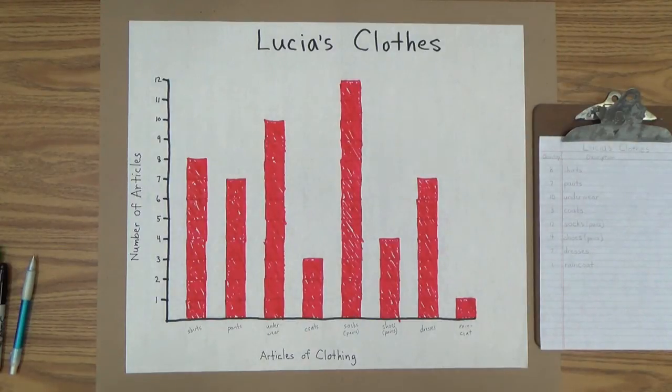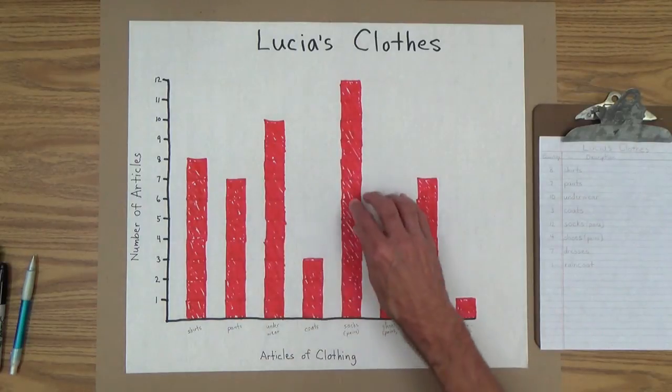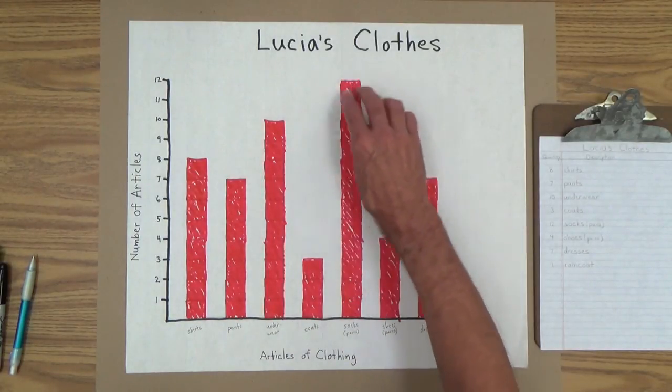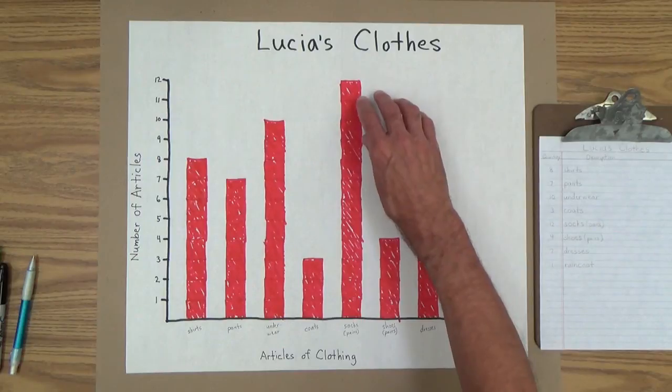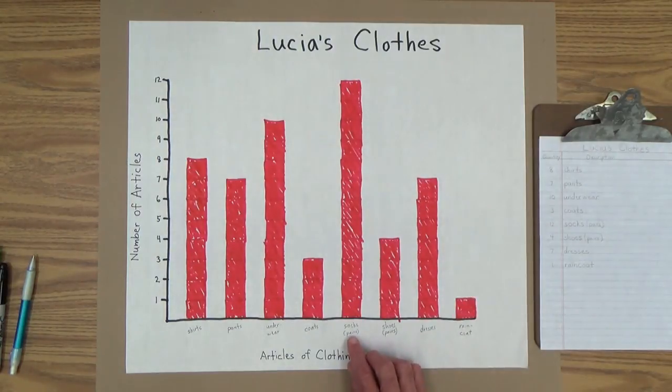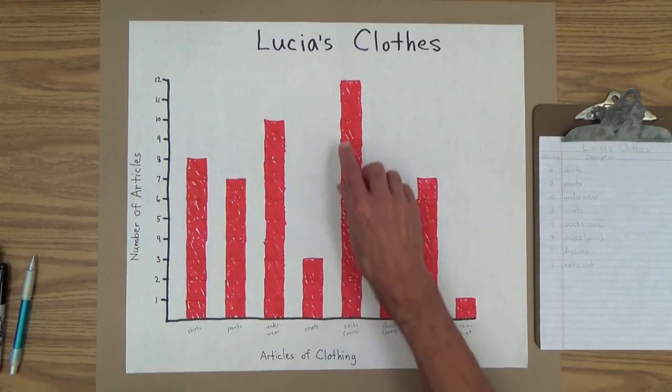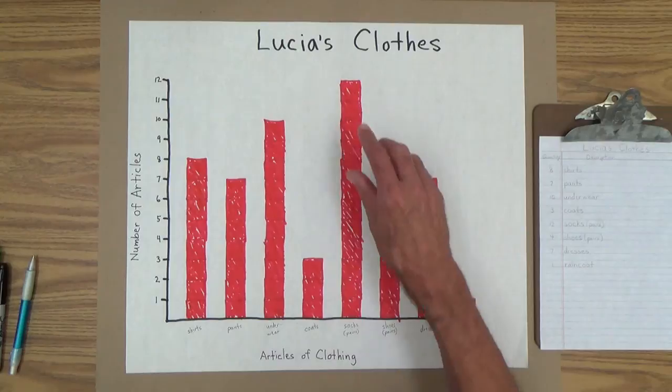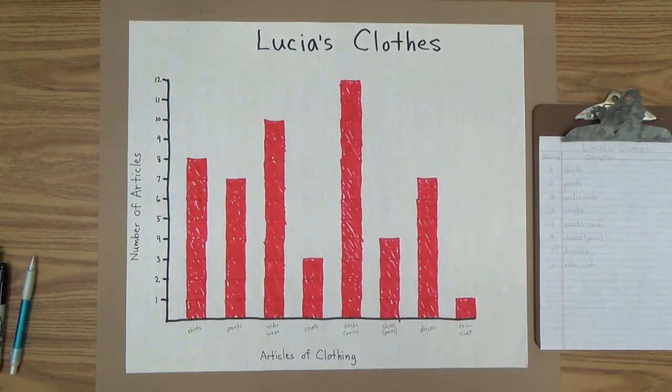And of course, that puts Lucia into a new realm here. She has to study the entire graph and look at the bars. And of course, the longest bar is the article of which she had the most. And she'll look down there and say, well, I had the most pairs of socks. I had 12. And then you could say, well, what article